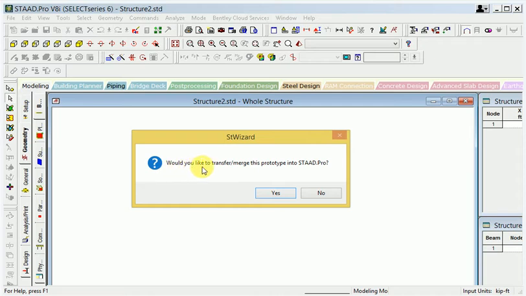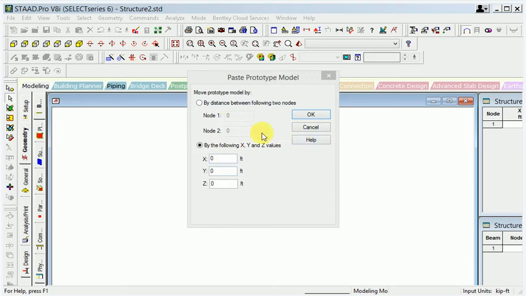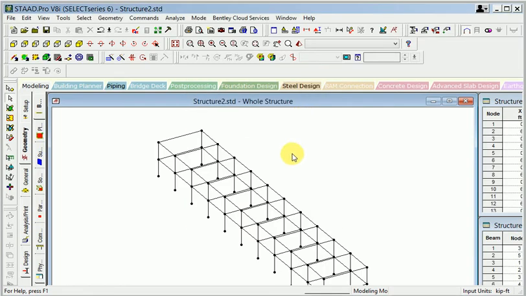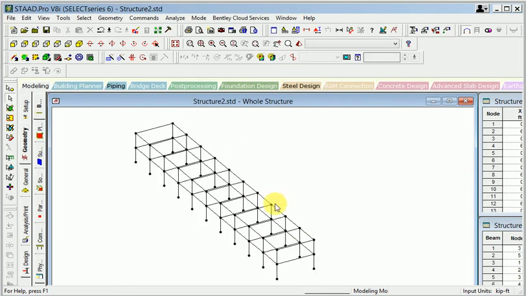It asks would you like to transfer merge and prototype, so I get yes. Here you can see it asks for the 0 point, so this is the 0 axis and this is 0, and okay. Now see this has become the member right now.